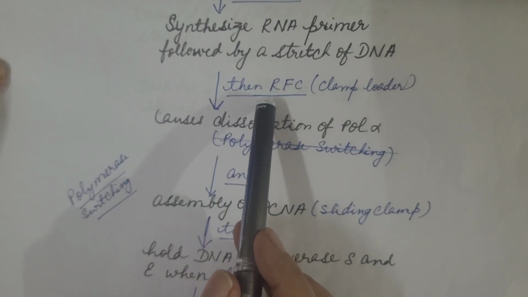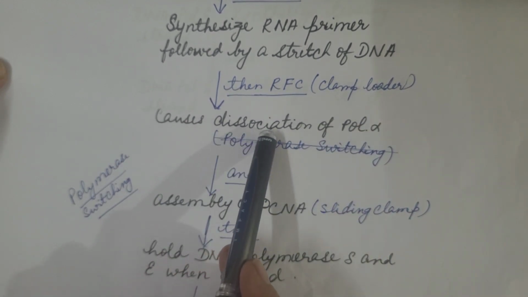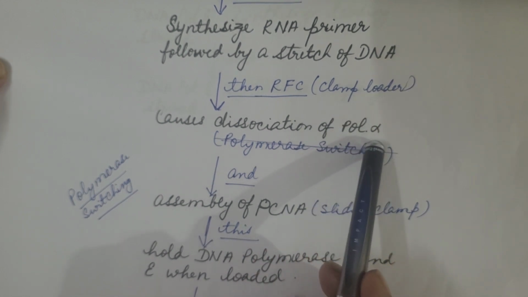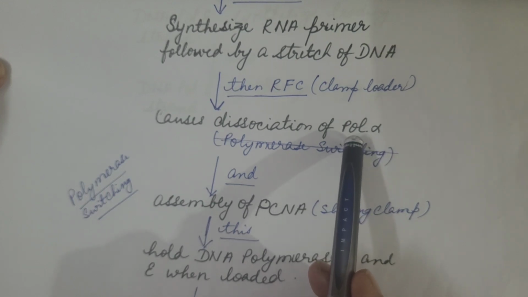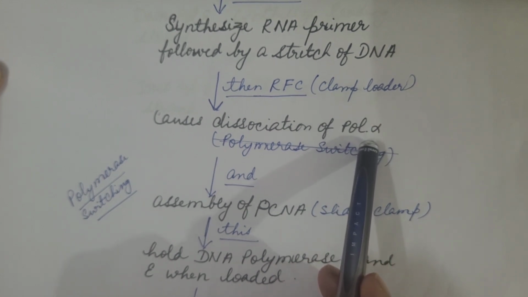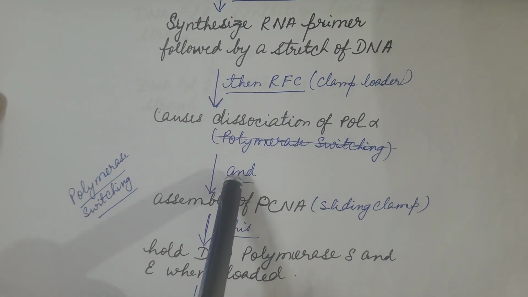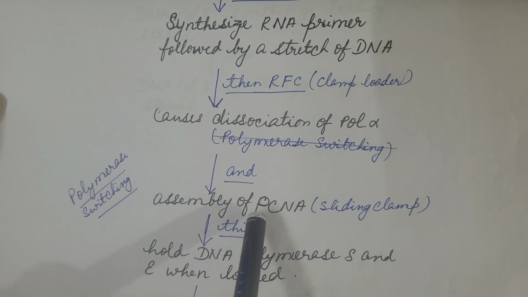Then RFC, replication factor C, which is the clamp loader, causes dissociation of DNA polymerase alpha. Because DNA polymerase alpha is not the major replicative polymerase, as it has low processivity and it also lacks the 3' to 5' exonuclease activity. Hence, the DNA strand that is synthesized by DNA polymerase alpha is not accurate. And after the dissociation of this DNA polymerase alpha, this RFC also causes the assembly of PCNA, which is proliferating